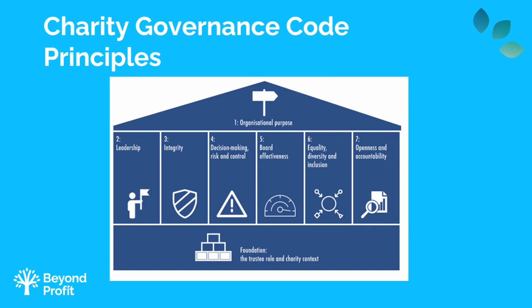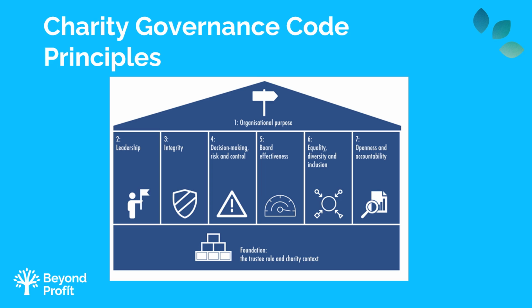So what is the Charity Governance Code? Well, it's based on 7 key pillars: the organisational purpose and the foundation. The organisational purpose: the board is clear about what the charity's aims are and ensures that these are being delivered effectively and sustainably. Leadership: every charity is led by an effective board that provides strategic leadership in line with the charity's aims and values. Integrity: the board acts with integrity, adopting values and creating a culture which help achieve the